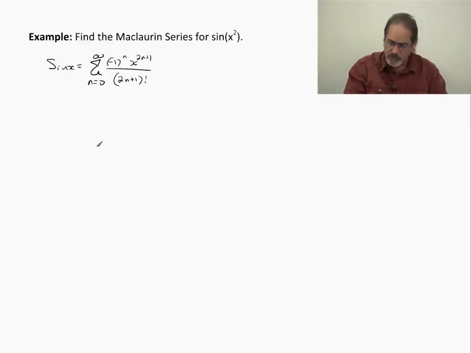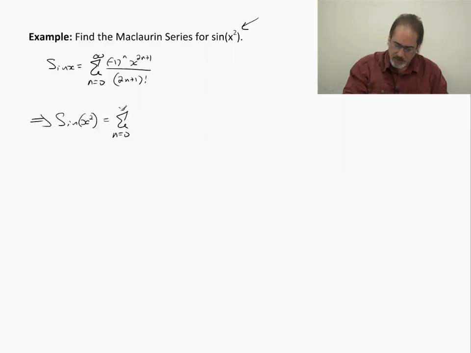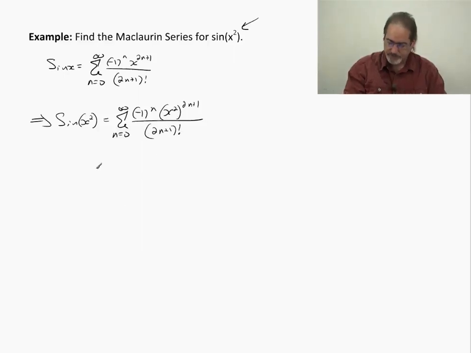So if we take a look at what this converges for, we can confirm very easily that this converges for all x. Well, x squared, isn't that part of all x? So that would then imply that sine of x squared is going to equal the sum n equals 0 to infinity of negative 1 to the n of x squared raised to the 2n plus 1 divided by 2n plus 1 factorial, which is, of course, if I simplify this just a little bit, n equals 0 to infinity of